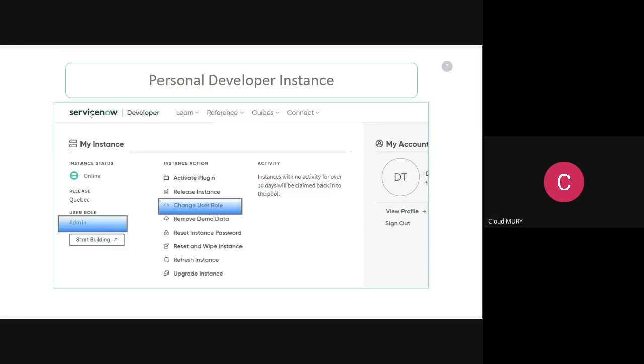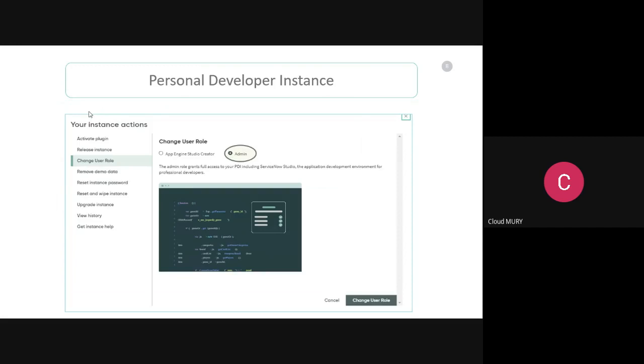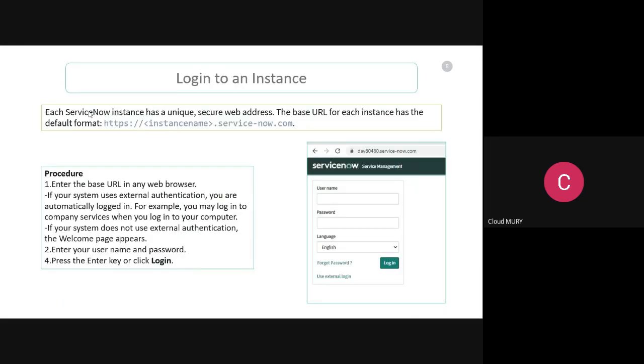Okay, and this is what we already saw. If you have this admin role and want to change role, you can go to change user role and you will be able to change it from here. Now, as I already mentioned, if you want to log into your instance without going to start building, you need to go to this particular URL, your instance name.